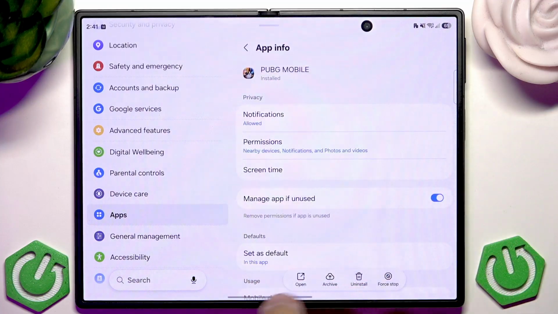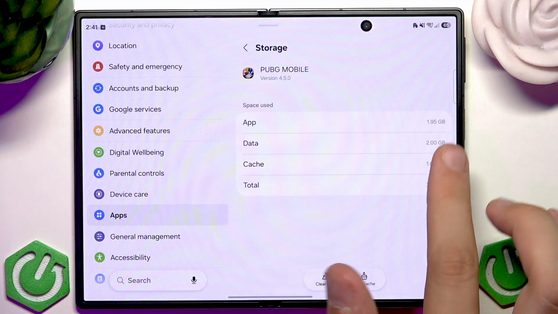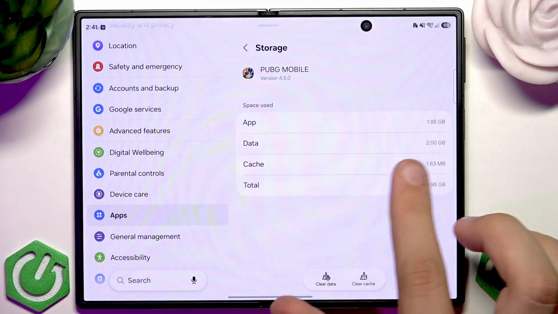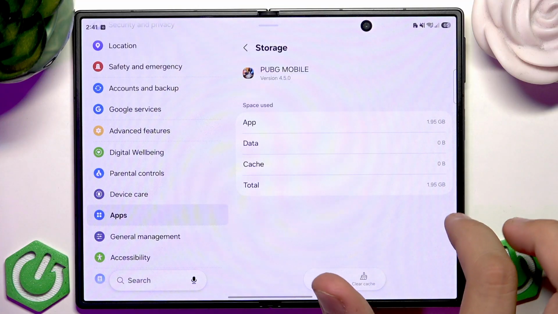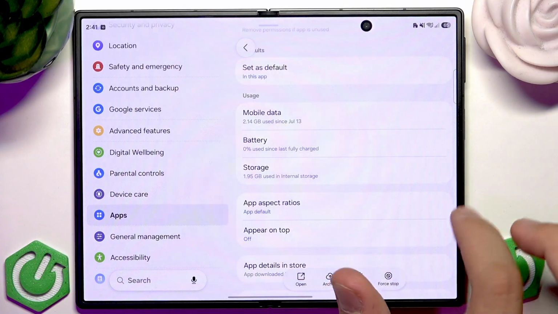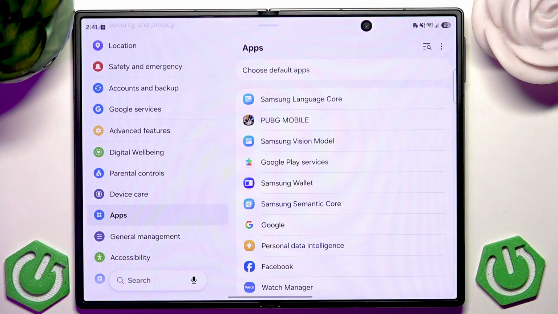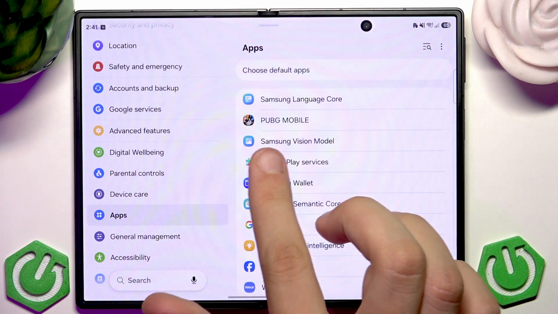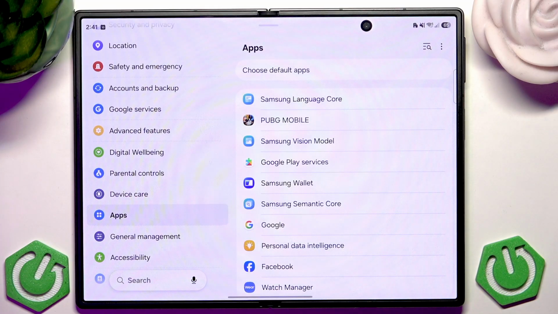Tap this application, scroll down, and here we've got, as you can see, cache 1 MB but data 2 GB. Tap clear data and here clear. And do this to every application what you have here. Like for non-system ones, like Samsung Core is actually important, Samsung Vision Model is actually important, Google Play services are actually important. So do this only to the